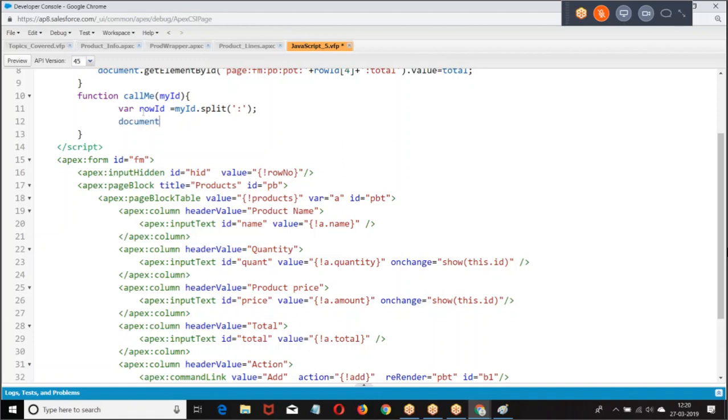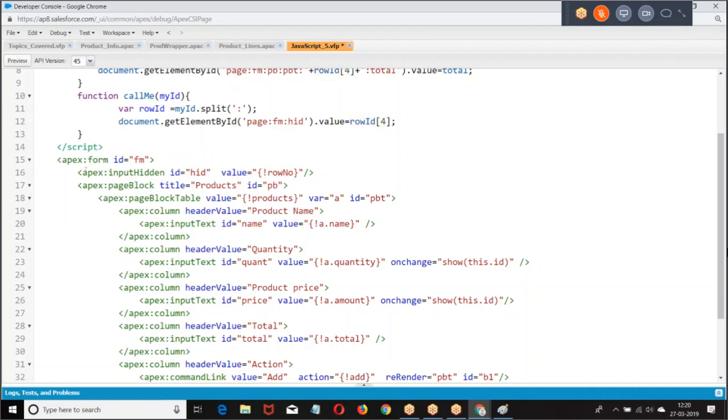Document dot get element by ID, page form HID dot value equal to. Now, what is the value of this element? This element equal to row ID. If row is 2, value is 2. If row is 3, value is 3.